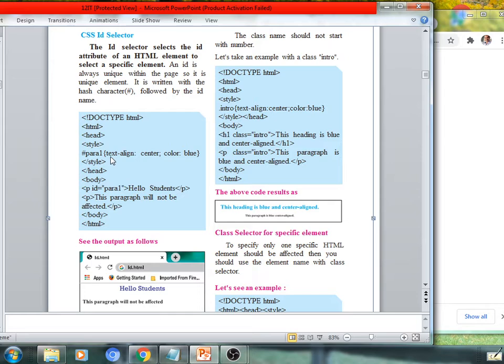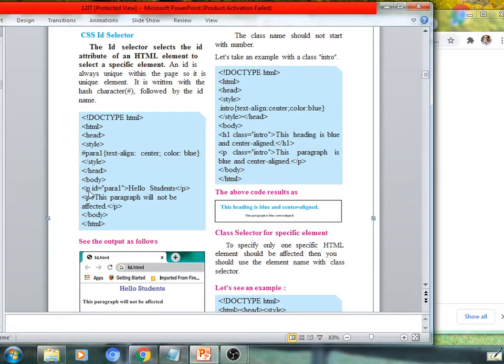Here property number 1 is text-align with center value, color as blue, the style is closed, and a single selector is prepared. Such a selector is identified with the name para1, or paragraph 1.